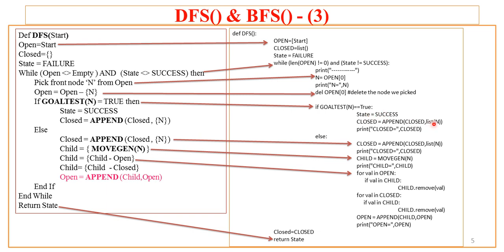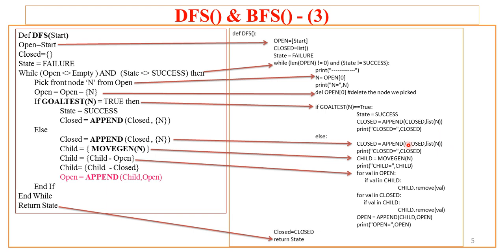Now whatever node we picked, which is the goal node, is appended to the closed by calling the append function, and that whole output is stored in the closed, and closed is printed thereafter to check the status of the closed. If the goal test fails, it gets into the else part, and these 5 steps are implemented like this: the current node, which is not the goal node, is appended to the closed, because closed maintains everything right from the beginning start node